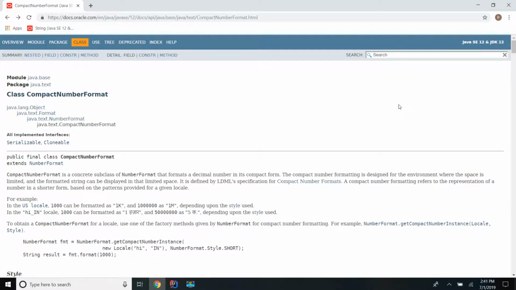Hi friends, in this session I am going to show a demo of compact number format. Compact number format was added in Java release 12. When you have a space constraint and want to display numbers in the UI, we can use these compact